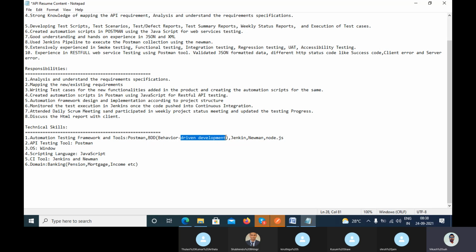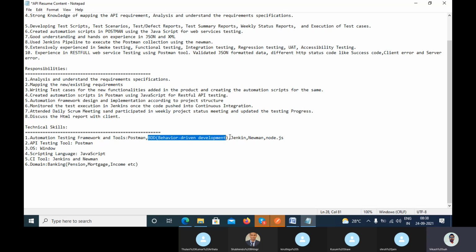Whenever we are adding the assertion, setting the environment, getting the environment, converting the JSON file, parsing the response body, parsing the request body, all of that comes under the concept of BDD, behavior driven development, right?